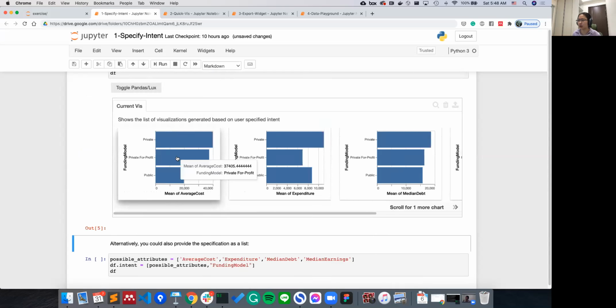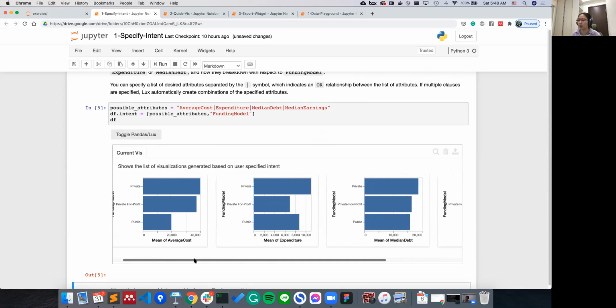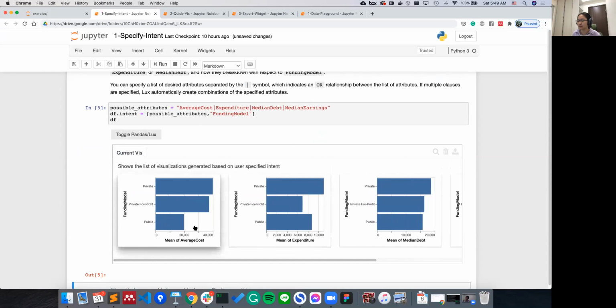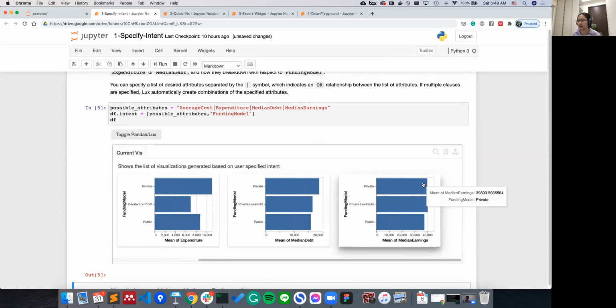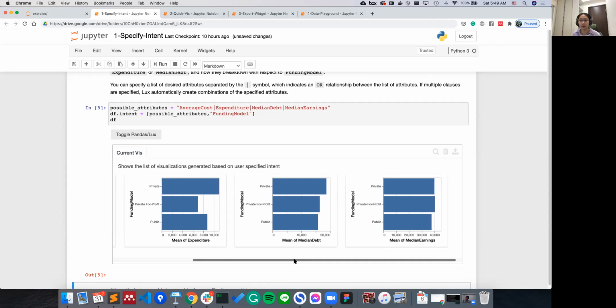And so what we can see here directly is that now we are creating these 4 visualizations with respect to the funding model. And again, we see that for average cost, there's a huge separation between private and public. But if you take a look at median debt and median earnings, and this is how much the students earn after they graduate from these colleges, there's actually not that much of a difference between private and public universities. So this is already something interesting that we can learn from these, by comparing the differences across these financial metrics